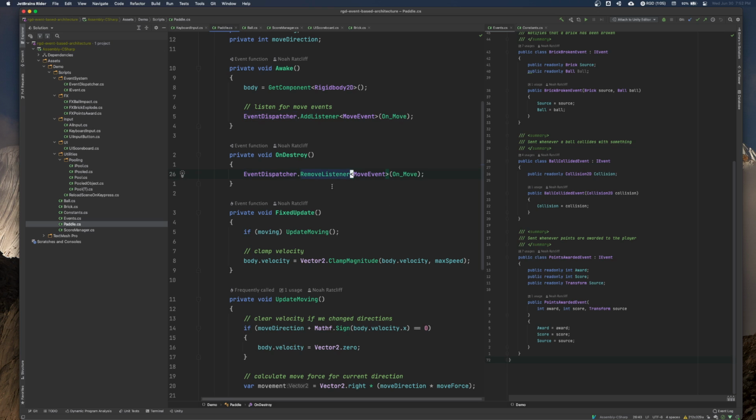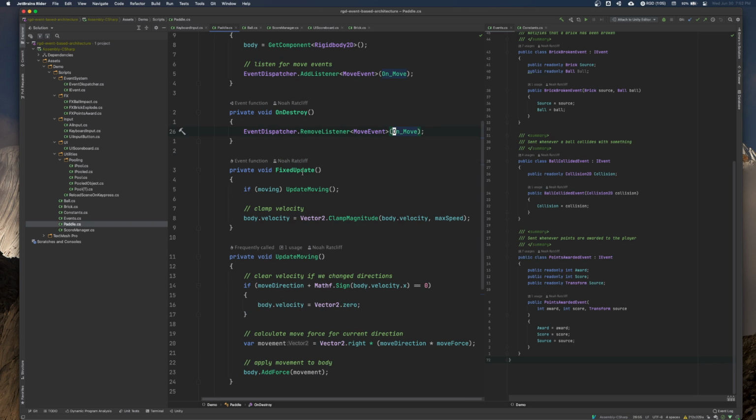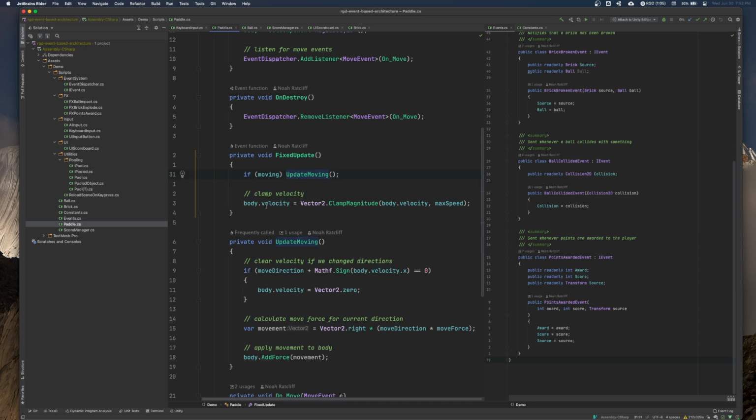So we remove the listener so that we don't run into any issues with the listener being called once the paddle is destroyed, which we'll talk about in more detail in the gotchas at the end.